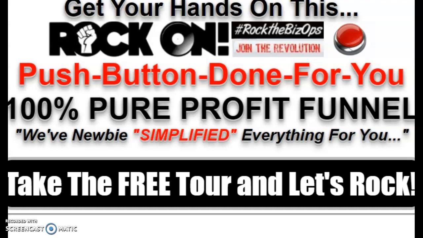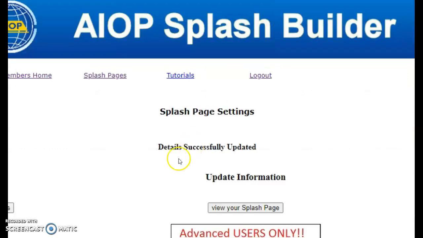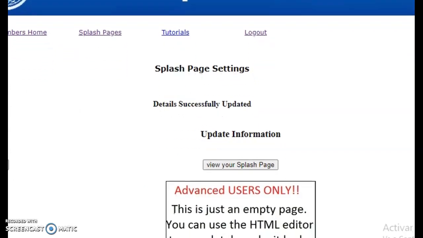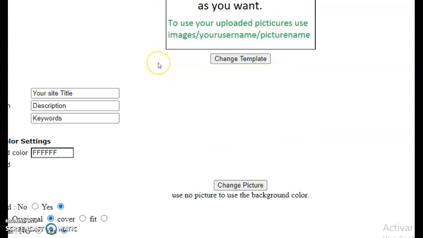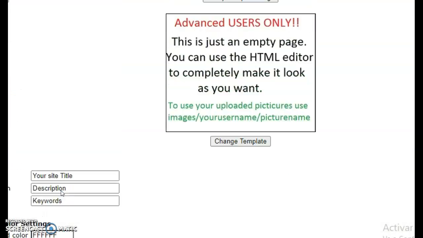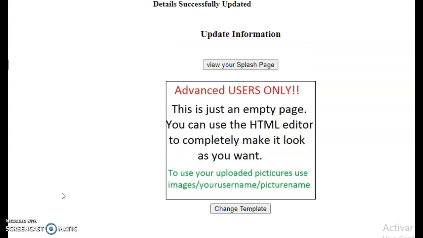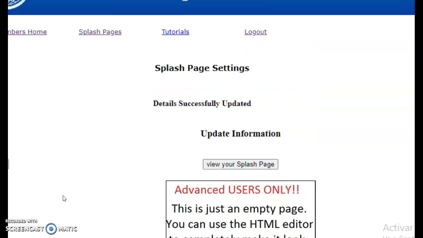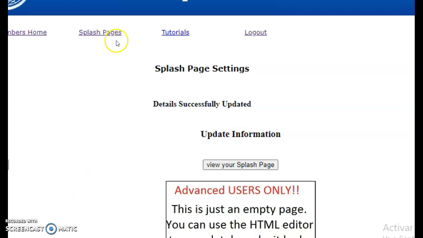Now we're going to leave it like that. Okay, we're going to leave it like that. I apologize if I'm moving kind of quickly and not organized. As you can tell, this is totally unscripted, and I'm trying to move through this kind of quickly because I've only got 15 minutes to work with on the screencast. But as long as we're in splash pages, the splash builder,